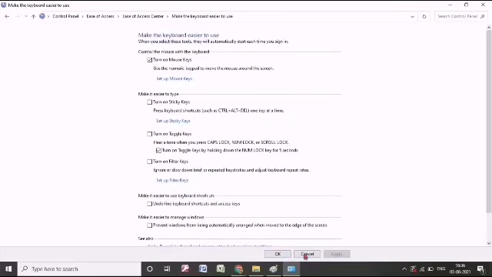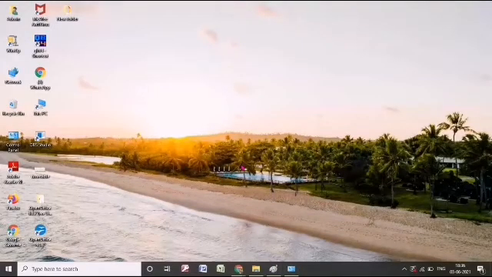I will take you to my desktop, and I will show you that I am not working with my mouse, and if I press the 9 key, then the pointer moves upward to the right side. Now if I press the 7 key, then it will go to the top left. So you have to look at the number keys on your keyboard. According to that direction, it is going to work. Now for Enter, you have to press the 5 key.